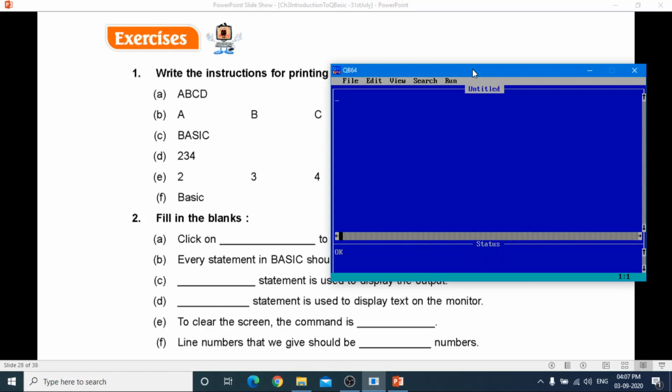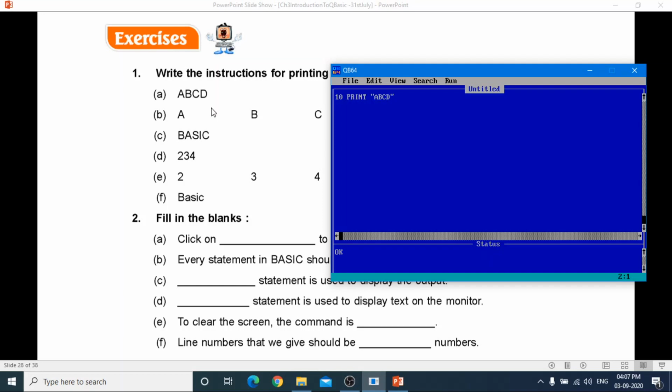I am going to start with the print statement. So how to write? 10, then in capital letter print, and what output we need? A, B, C, D. So we will write, this is a text, take double quotes and in between it write A, B, C, D. Okay, that's it.